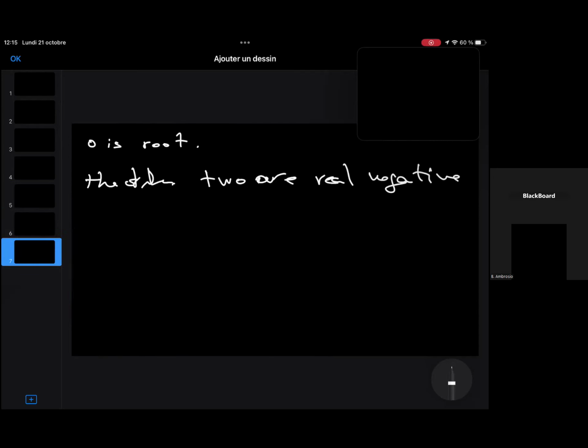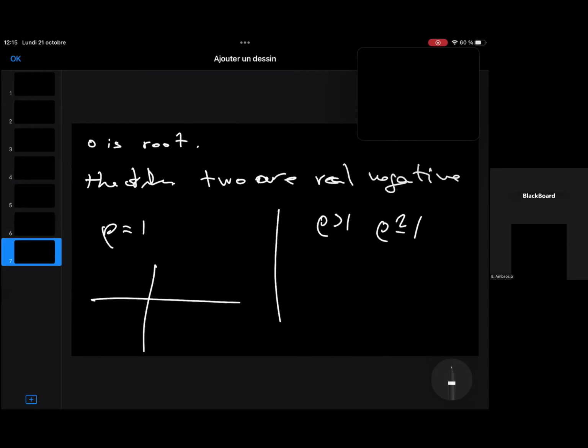So what's the picture here? At rho equals 1, and so rho greater than 1, but rho close to 1. So this is my p lambda for rho equals 1, and when rho becomes greater than 1,